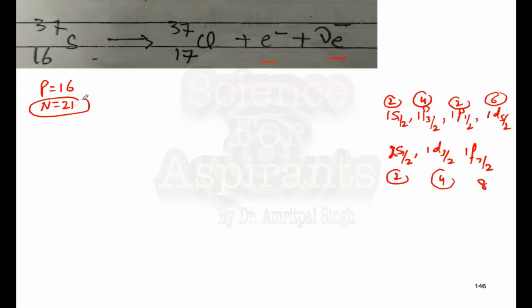So let us count. We require 21: 6, 8, 14, 16, 20, and the last one, the 21st, will be in the 1f7/2